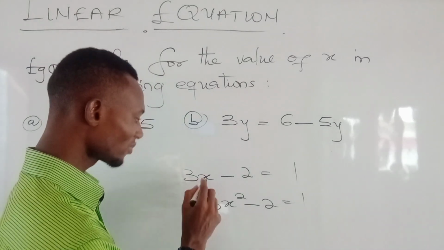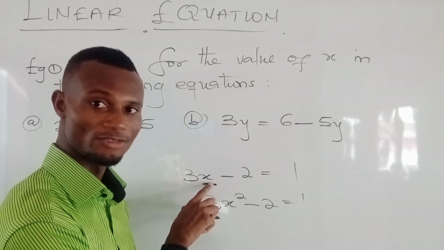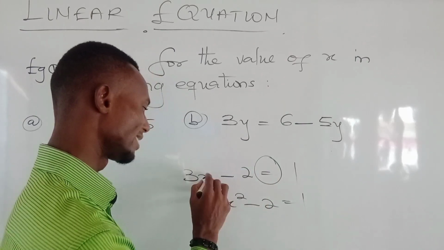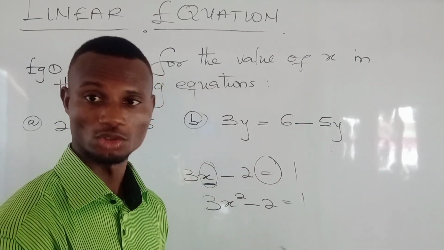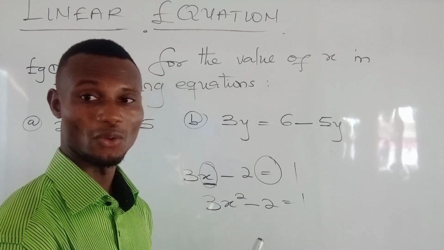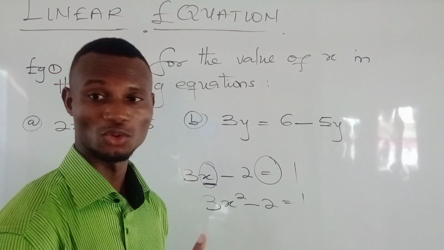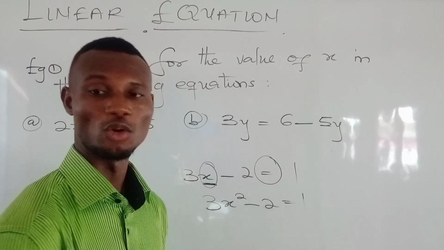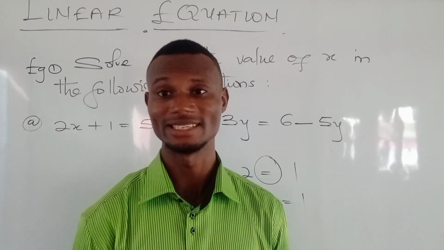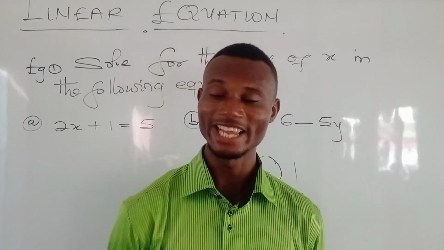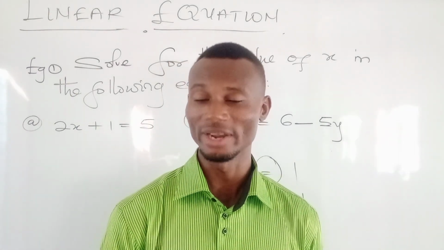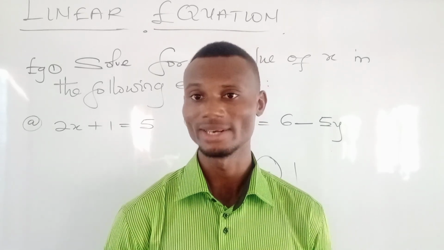Okay, so for example, this s is the unknown variable in this equation. One, it contains an equal sign, and the second thing is that there's an unknown variable in it, okay, which we will solve for its value. Okay, so that's how to identify any expression being considered as an equation. 1, it contains an equal sign, and 2, it has an unknown variable in it. Okay, but getting to know which type of equation it is, that's what I've explained: with a linear equation, the unknown variable's highest power is 1. Okay, the highest power of that unknown variable is 1, and that is what makes